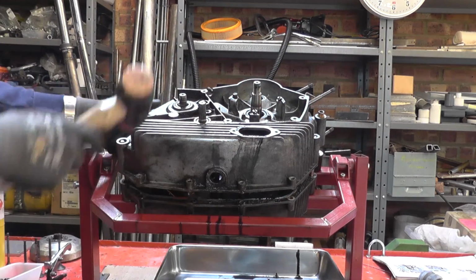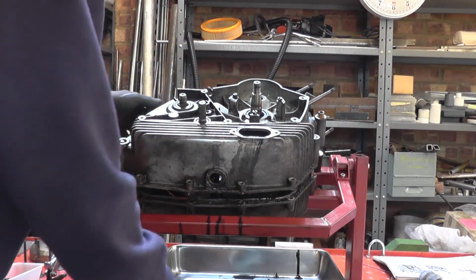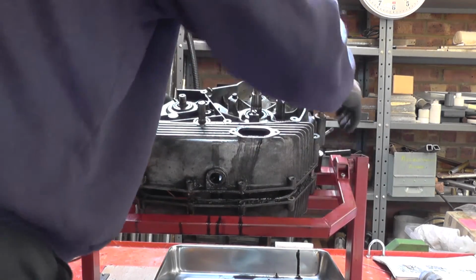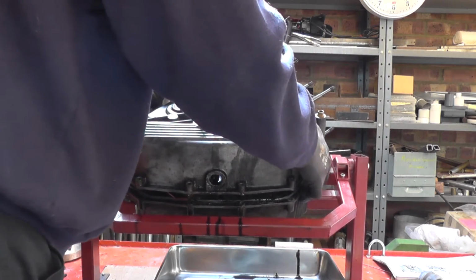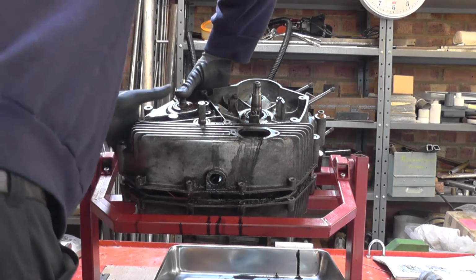At the moment we've got the gearbox outlet shaft not wanting to slide through. It moved most of the way, and then